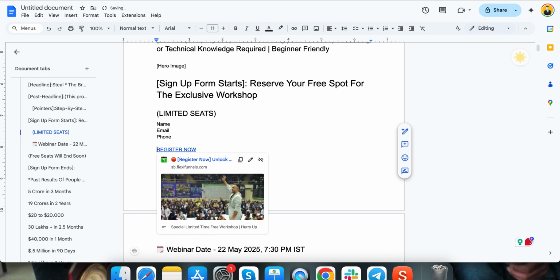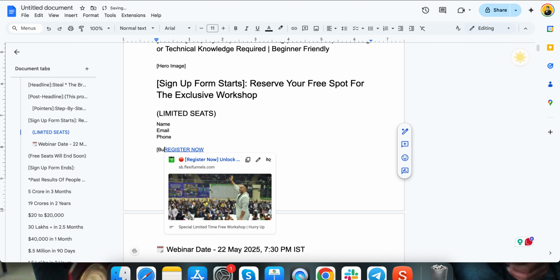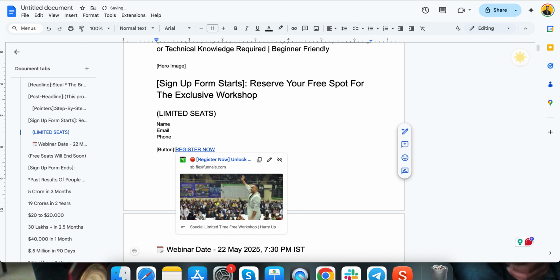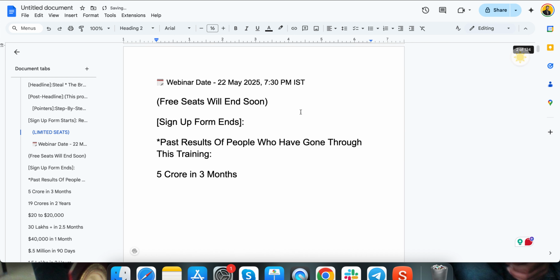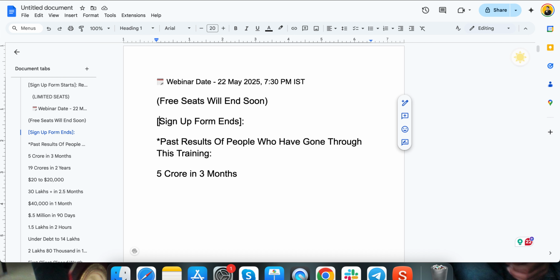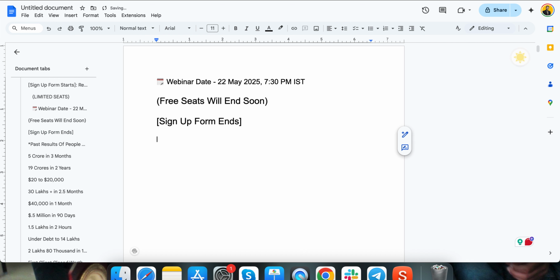And then the button you can mention is going to be this. So you need to put specifically what exactly your form is. Then right after sign up form ends, mention next section.